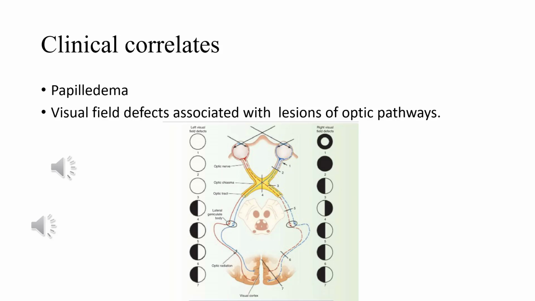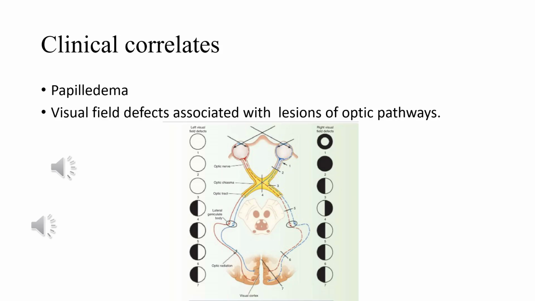So whenever there is increased intracranial pressure, and this is transmitted in the subarachnoid space of the meningeal extensions around the optic nerve, this will cause compression of the thin walls of the central vein of the retina, which will eventually lead to congestion in the central vein, and this will cause edema and bulging of the optic disc. This bulging of the optic disc will ultimately affect the optic nerve and cause visual impairment. This whole scenario is called papilledema, right?